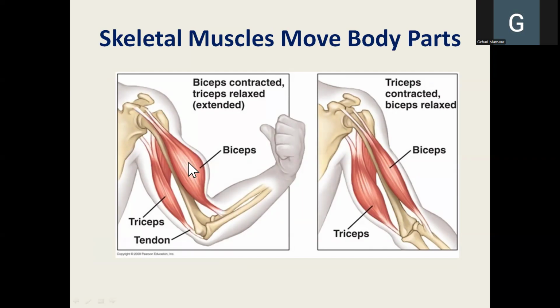As you can see, the biceps muscle, you can see here. Why do we call it a biceps muscle? Because it has two heads at the origin. The two heads are connected to this triangular bone that is called the scapula. It also has two small tendons at the insertion, one connected to the radius and one connected to the ulna. The biceps muscle is a skeletal muscle whose main function is to contract.